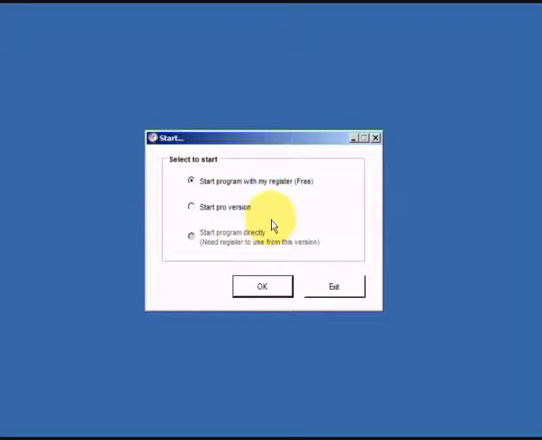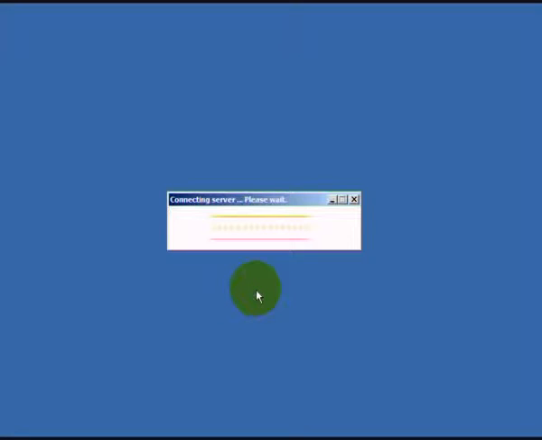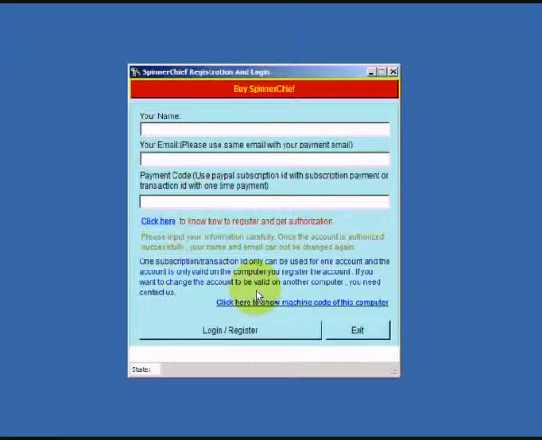We're going to have a look at the Pro version of SpinnerChief, which currently is in beta and therefore is free. So this is how to get it and then what to do with it once you've got it. This is the first interface you see when you click on SpinnerChief.exe. You need to click on Start Pro version, click OK, and the software connects to the server, and you get